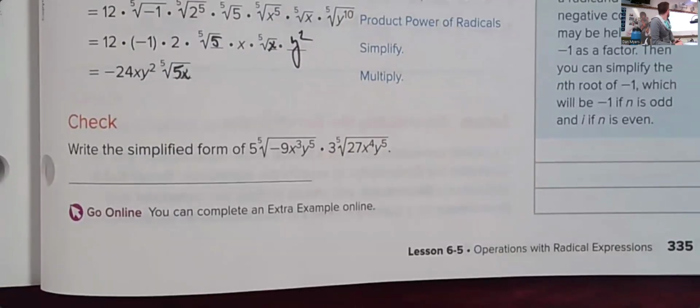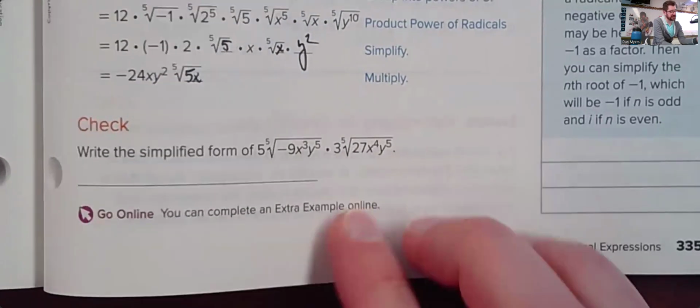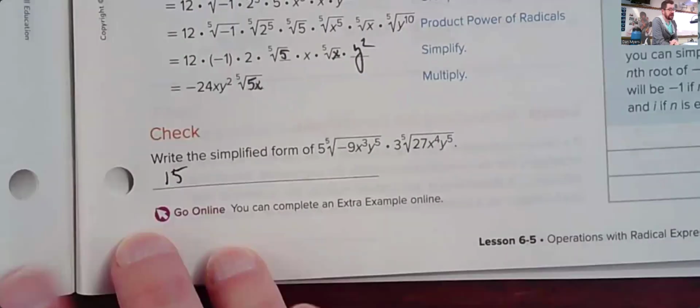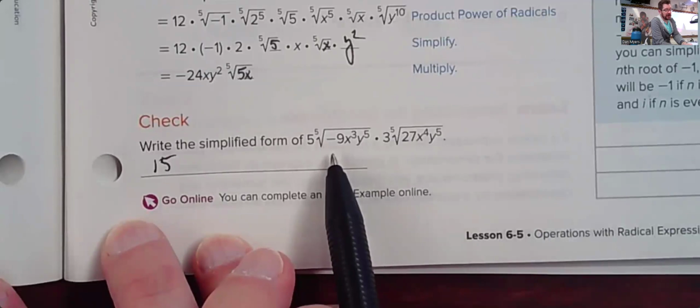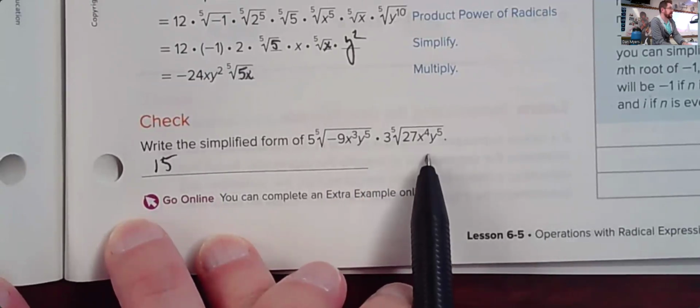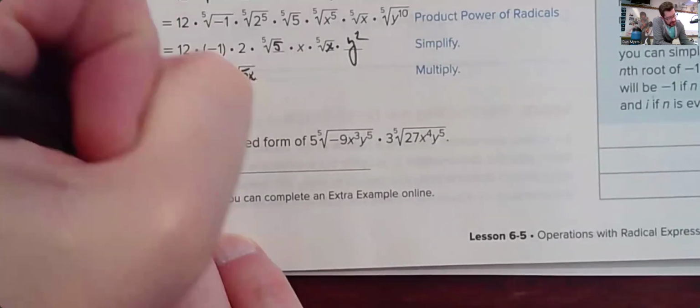So first thing we can do is write everything under the same radical and then group the coefficients off to the side. So multiply the 5 times 3. That'll give us 15. Let's just go ahead and start with that. 15 times the fifth root of everything here multiplied together. Now, I'm going to go ahead and break things down to their prime factors all at the same time. So this will be the fifth root of